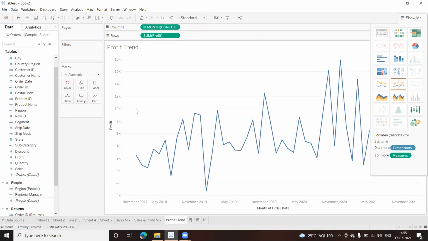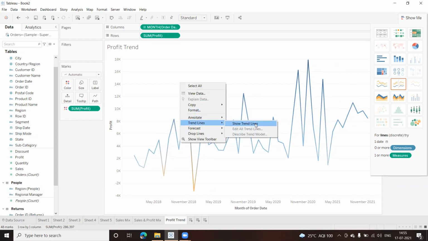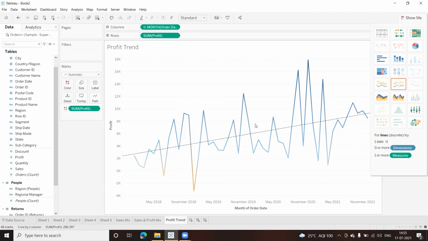One more thing I'll do here is I'll drag the profit also and put it on the color. Okay, and I'll introduce a trend line. So right click, introduce a trend line as well. Okay, this is a trend line which gives you some information. Clear? Fine. Let us go ahead.